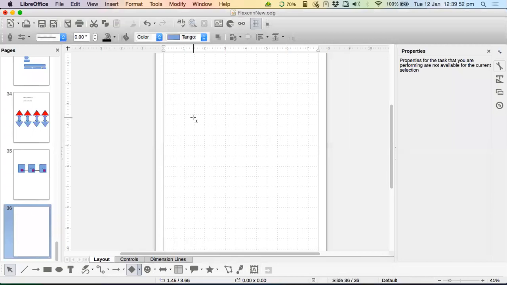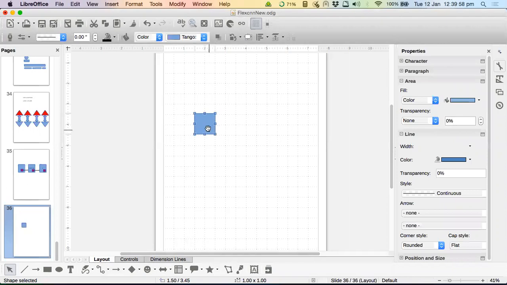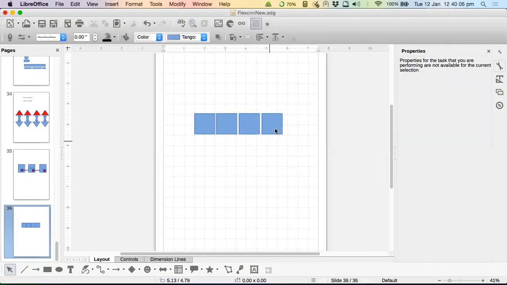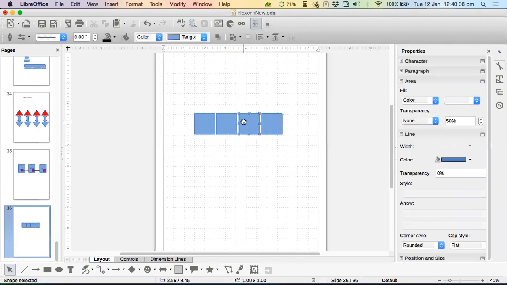So let me just create 4 bytes. Now I am trying to create the memory for a union, which we have declared. This is byte 1, this is byte 2, this is byte 3, and this is byte 4. Done, 4 bytes, right?